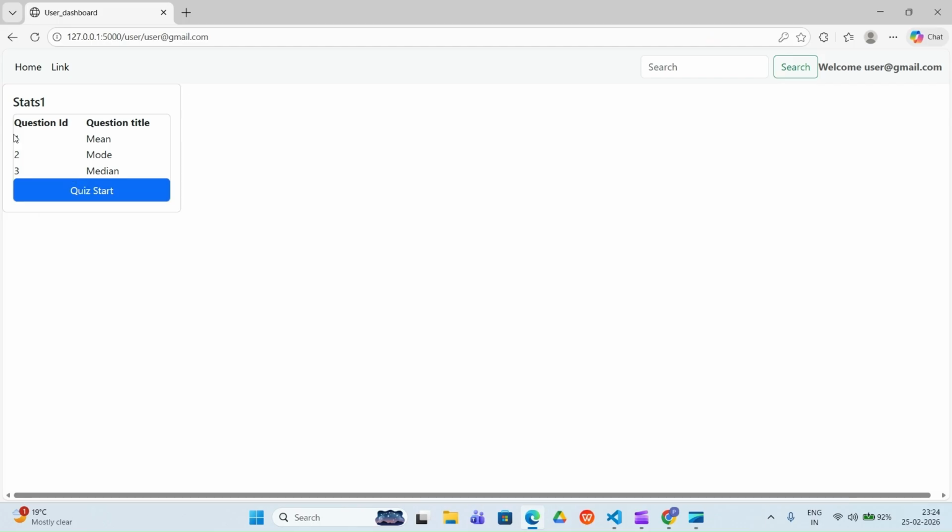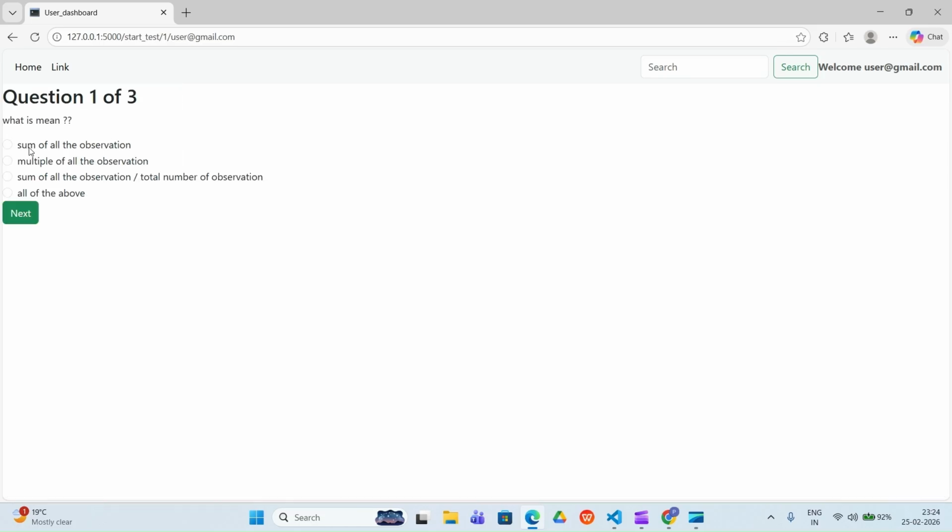And then we can see the three questions we have added there, they all just come here. So let me click on the quiz start and give all the answers here. The first answer will be the third one, and we click on next. Then we have the next answer, that is option first. Again option first is the answer.